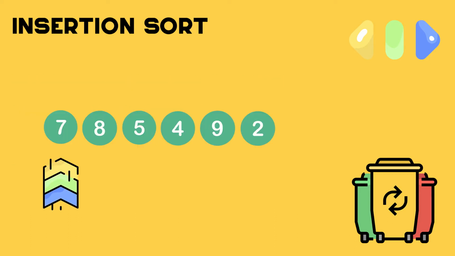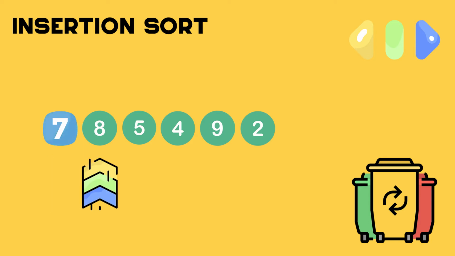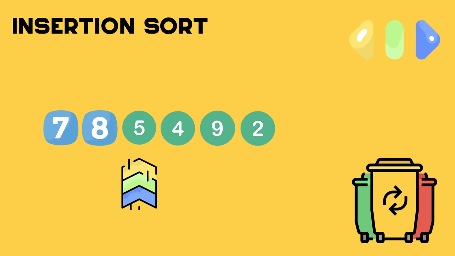Suppose we have a list with numbers 7, 8, 5, 4, 9, 2 in this form. The first step is that we consider the first item to be already sorted. So we take the first element as the base and compare it with the next item. In our case, 7 is already sorted, and then we compare the 8 with 7. If the 7 is less than 8, we leave it as is, and if it's not, we switch the position. In our case, we leave it as is because 7 is less than 8,